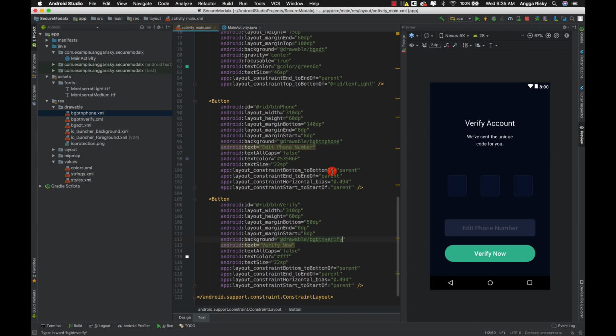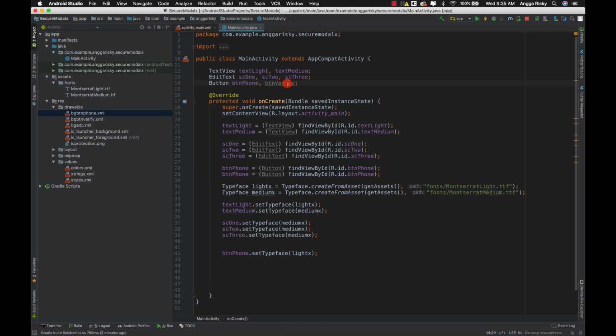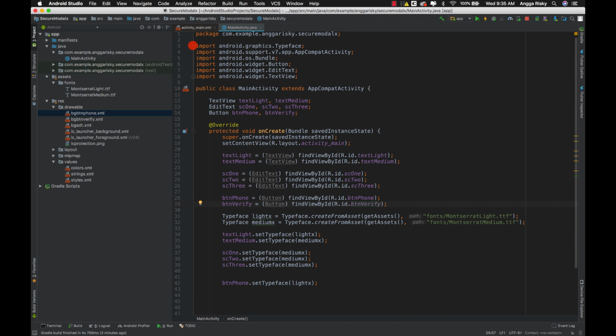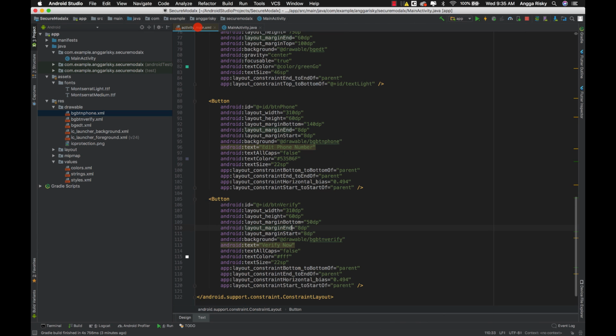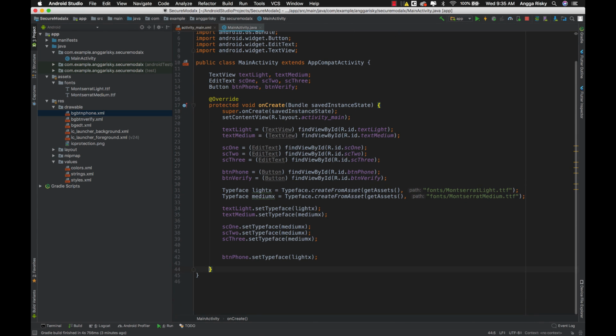And after that, okay, what's next, Angga? So I have to go to Java and register this button verify. Okay, and we have to duplicate this, and then we copy, and then we paste. And then what's next, Angga? So we have to give the event first. So basically this event will validate the data. Okay, so I think I have to make, over here, a validation method, public void doValidate.